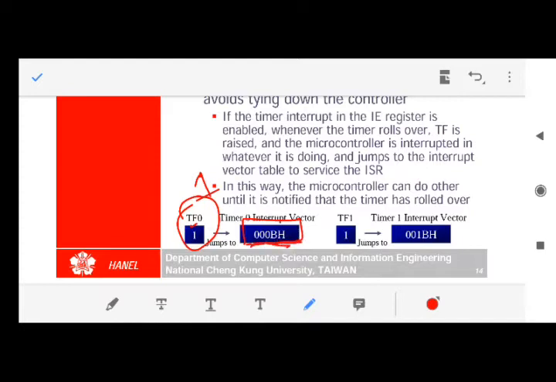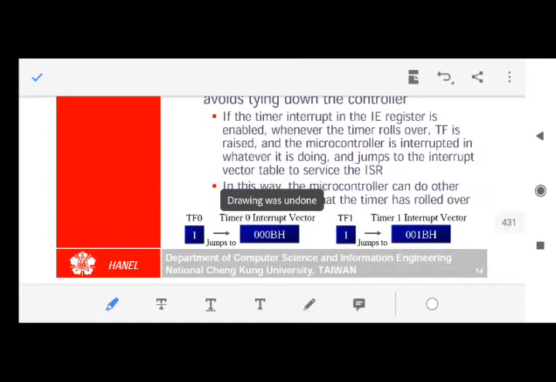This is the address of the ROM where the interrupt service routine, ISR, of timer 0 is written. Fine. So this would be executed. And if timer flag 1 is generated, this type of interrupt is generated, then whatever program is written at this address would be executed. Fine. So this is the timer kind of interrupt.